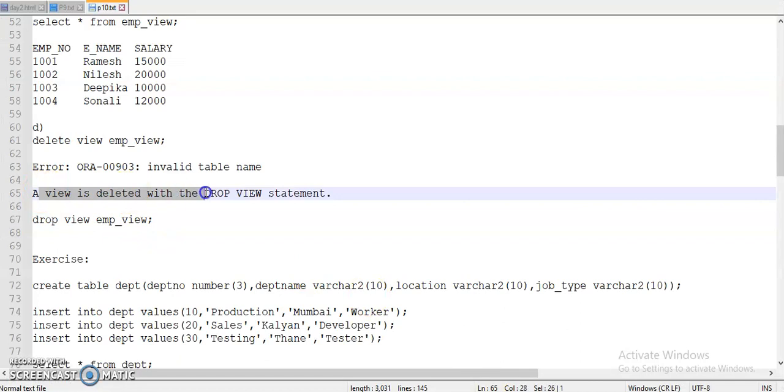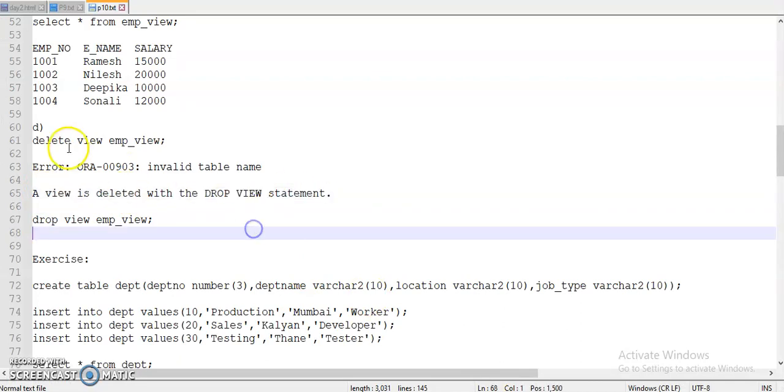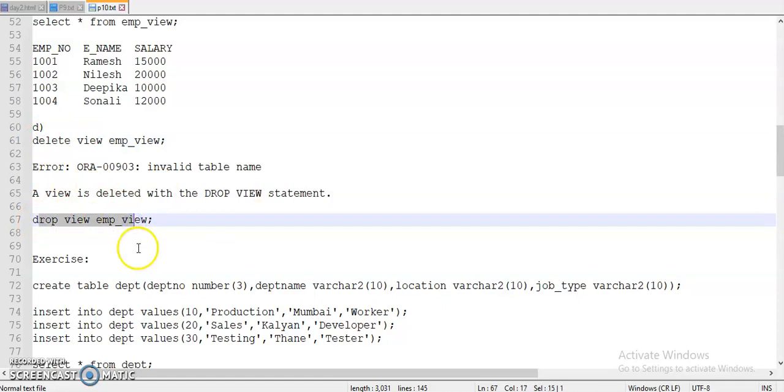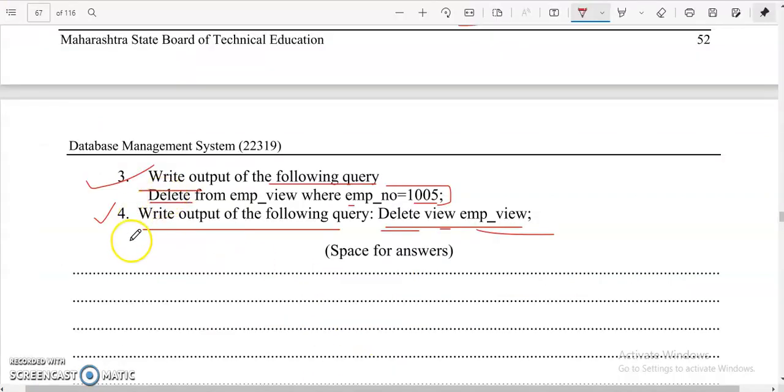So a view is deleted with the drop view statement. So it will give errors. How to delete? By using drop command. Okay. So go for next